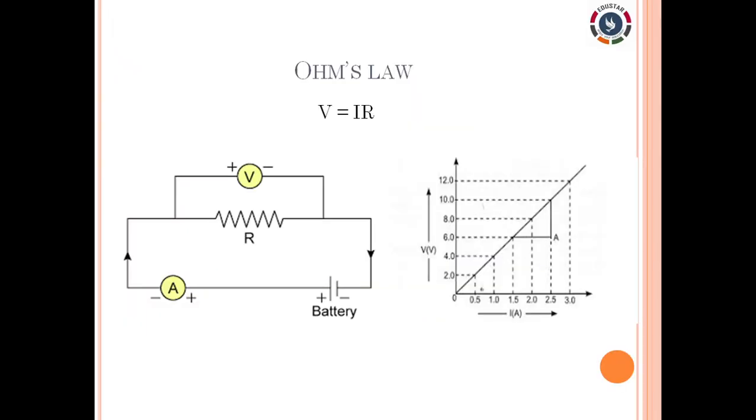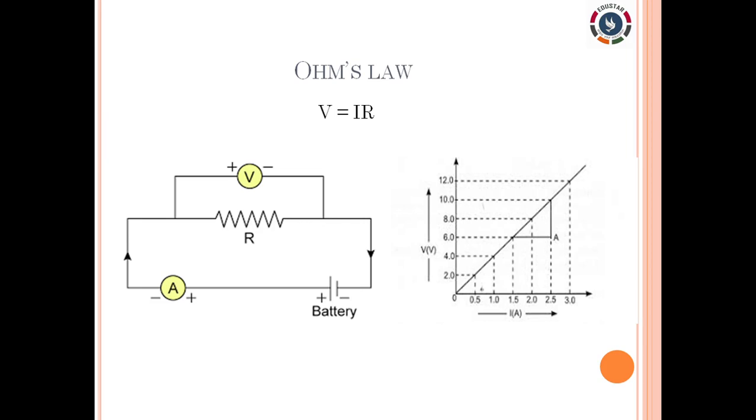In this chapter, first we have to go through Ohm's law. We know that Ohm's law states that at a constant temperature, the current flowing in the circuit is directly proportional to the potential drop across the conductor. In terms of a formula, V is proportional to I. To remove the proportionality, we introduce a constant called R. Then we can write the formula mathematically: V is equal to IR, where V is the potential difference, I is the current flowing in the circuit, and R is the resistance offered in the circuit. That is the constant we are introducing.